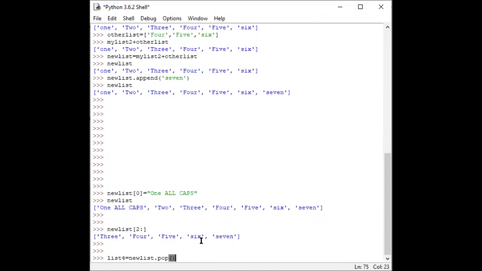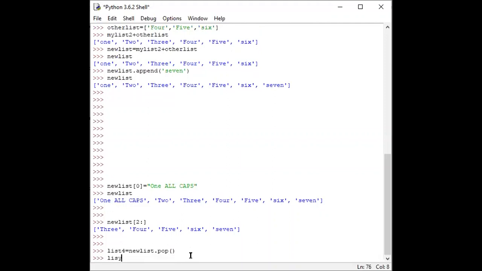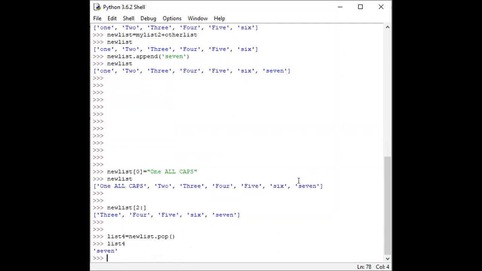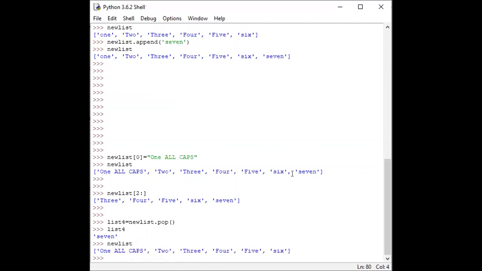If I pop here, it shows that list 4 is actually based on the last number. If I check the new list again, we will see that by popping the element from the list, the last object is always popped, and when we call that list, we will see that the element is popped, meaning deleted from the list.